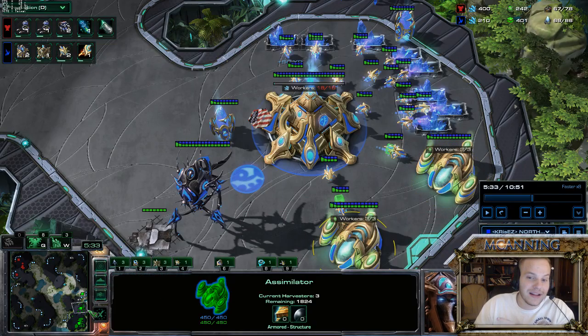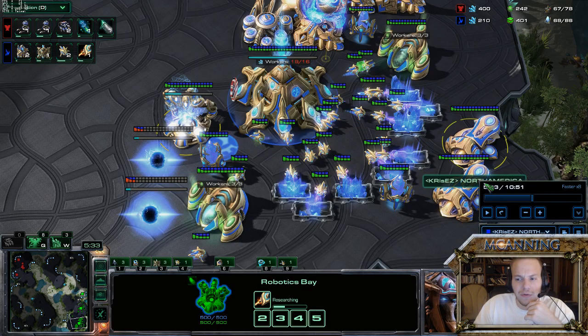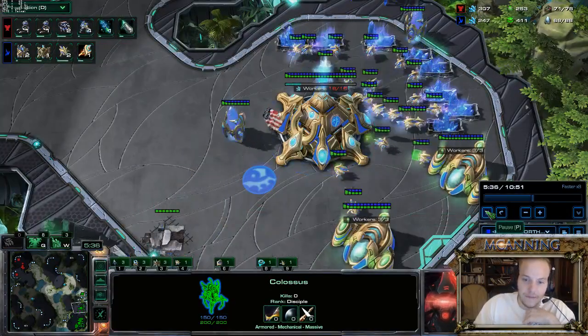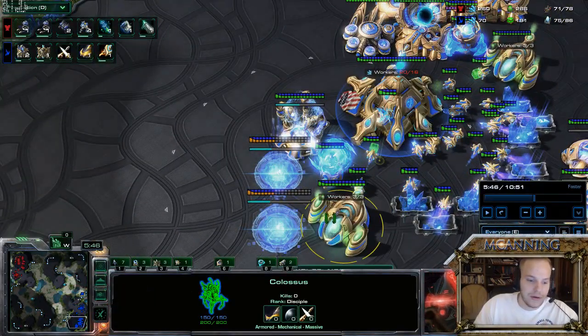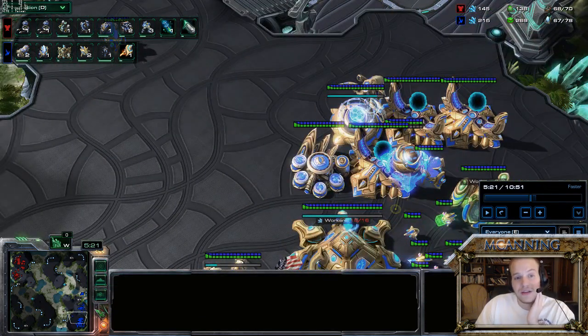When you make that Robo Bay, double gas goes down at that exact time. And then a little bit later, you'll start floating some minerals. Like about probably halfway through the Robo Bay, you go double forge, and then eventually you go 2 more gateways. And I do this all on 2 bases, and I like to get out 2 Colossus, okay? And I get out 2 Colossus to hold off. I just held. I'll show you something here as well, but I get 2 Colossus and then I transition into